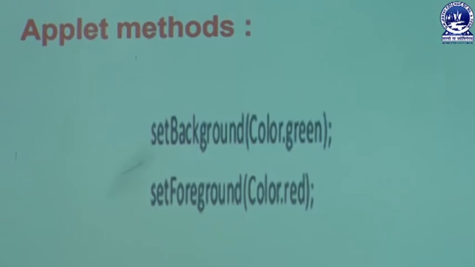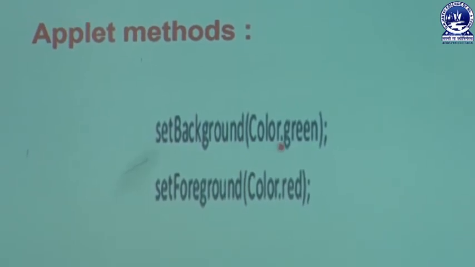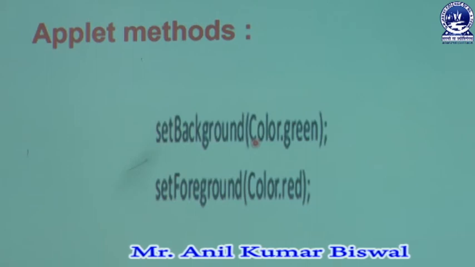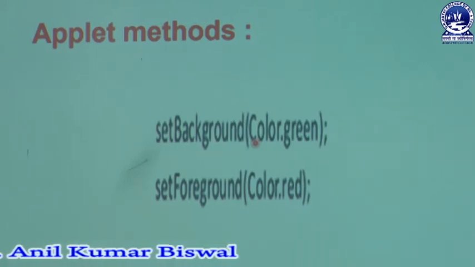If a user wants to do this in the program, the user must write this code like setBackground. Within that method we must declare Color.green. At that time the background of that program, meaning the output screen, changes to green color. Instead of green, if you write yellow, then the screen will be displayed as yellow, and Color is a predefined class. C should be capital. Okay. In this way we can change the background of an appletviewer environment.